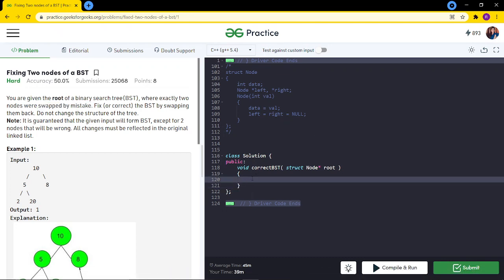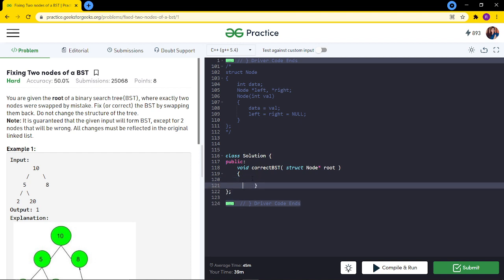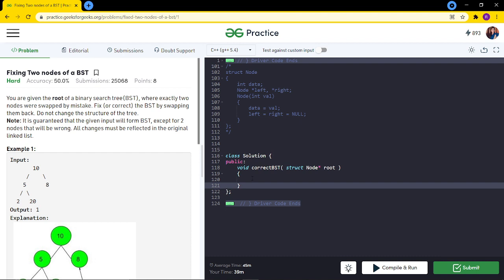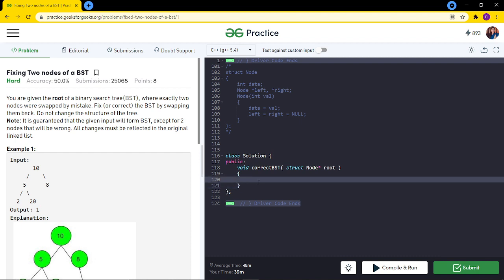So see what we are doing. Let us call a function compute which will do our work and return our answer. Before that, let us initialize all the 3 pointers that I have discussed. So the first pointer was the previous node, the value is null.